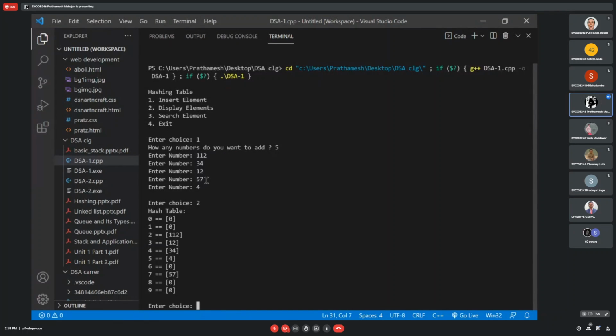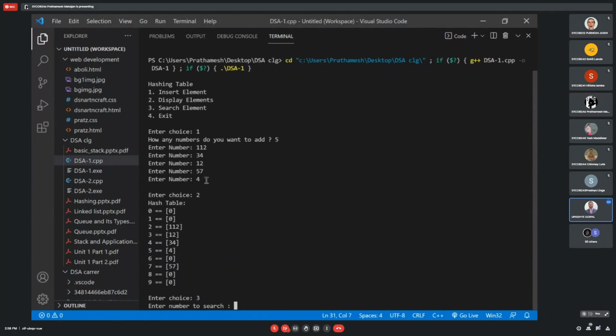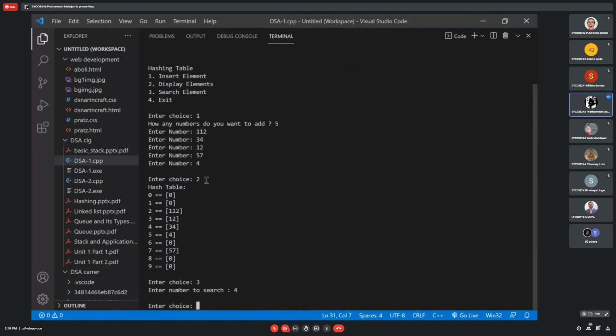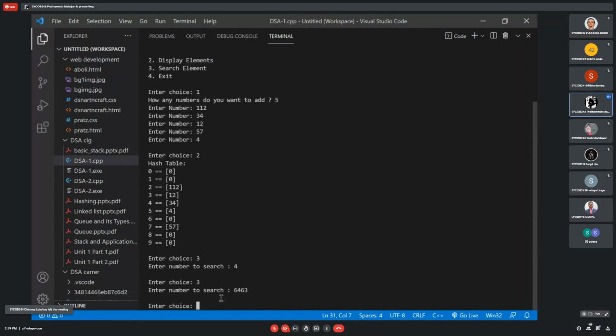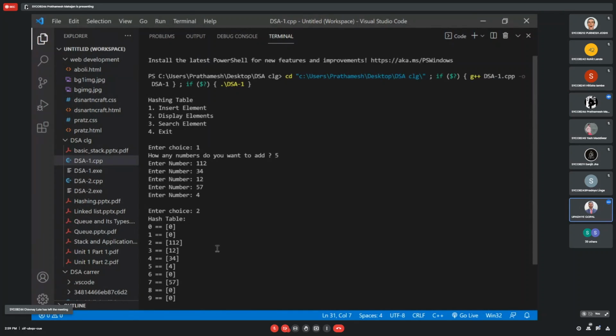Third option. Display. If the element is found, then it doesn't show any message. So if we type any random number. Sir, 1 minute.